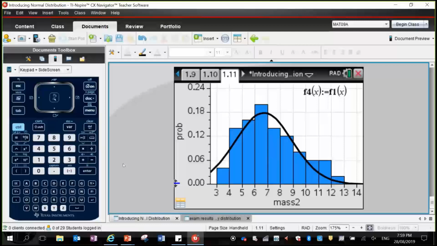Melissa? Now, yes. Someone was asking, when you adjust the window, would Zoom Fit work better? I don't like to use the Zoom Fit. I will sometimes use Zoom In and Zoom Out. I like to do it more from a teaching point of view. The students like to use Zoom Fit, Zoom Stats, Zoom Data, those sorts of things. I actually prefer them to stop and think about what the data is. If we were to draw this by hand, we don't have a Zoom Fit. We actually have to stop and think,